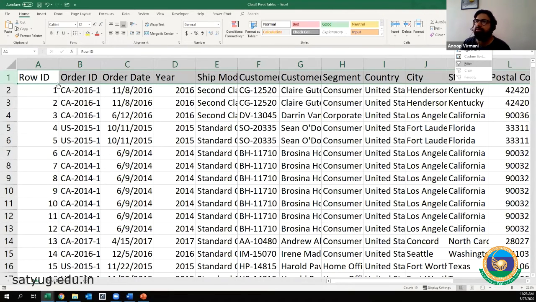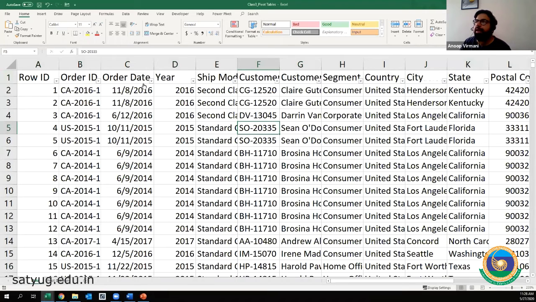Now you see you have these little arrows that are activated in the top column, right? So what is basically filter doing? It helps you know what all data you have beneath the column headers, and you are able to check and filter it out. A lot of functions in Excel are basic English. So filter means filtering things, right? You take a lot of things and you filter it out as per your requirement.